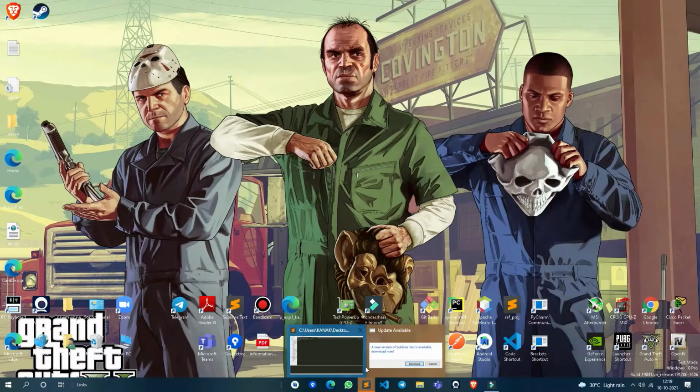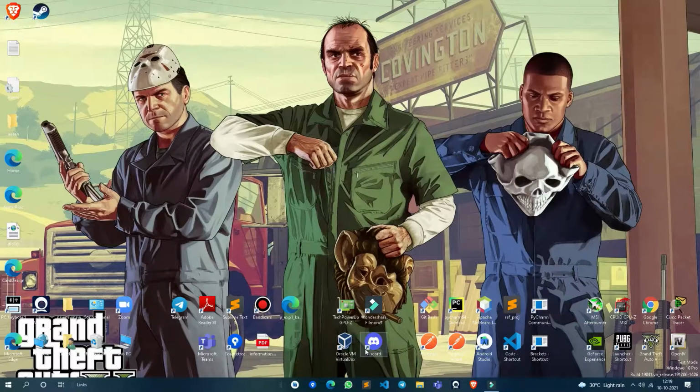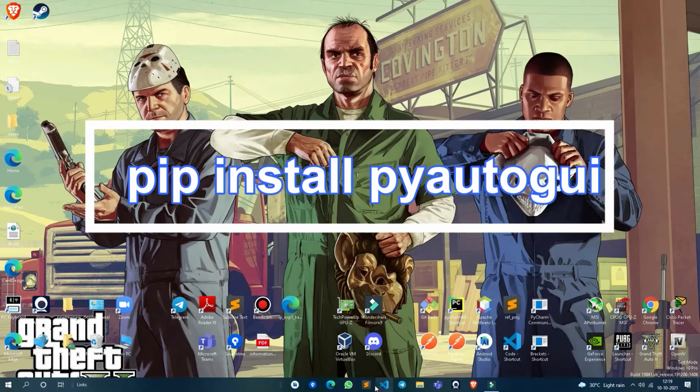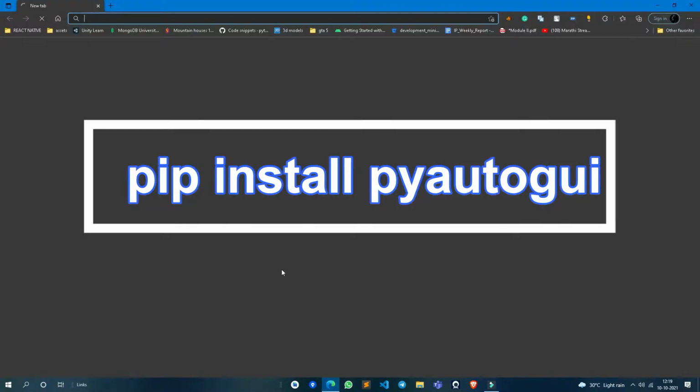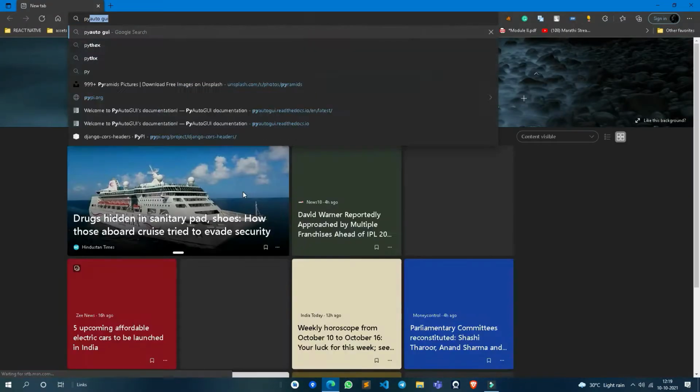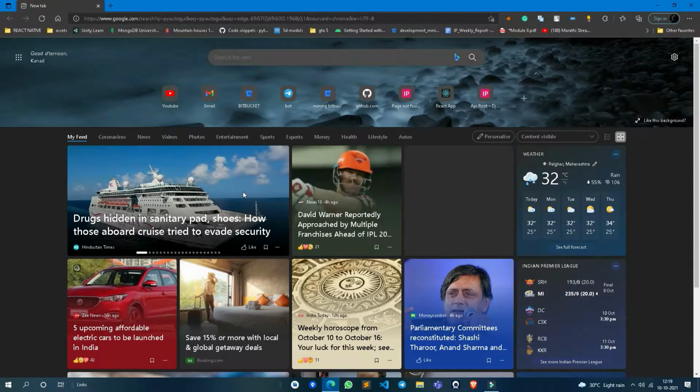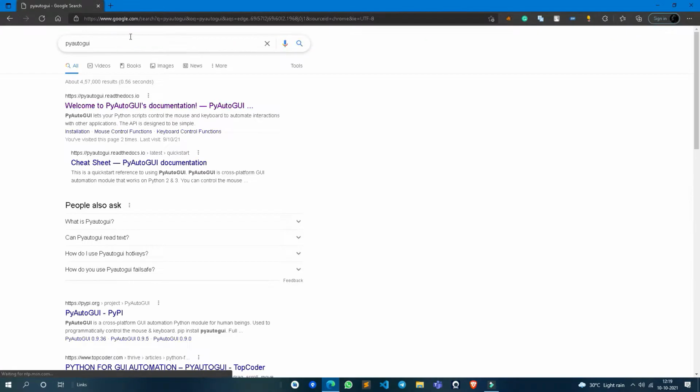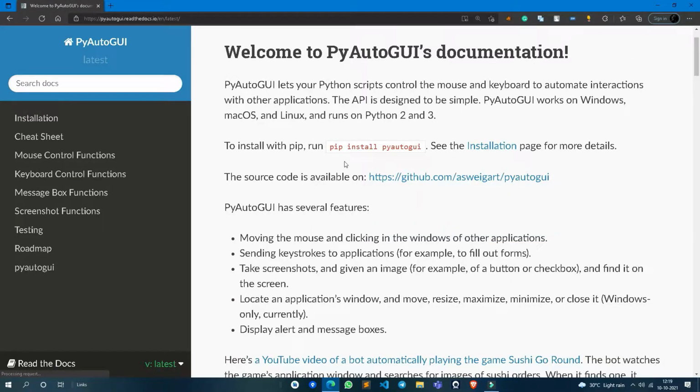So let's start. First of all, we want one dependency for this called PyAutoGUI. So go to your browser and search PyAutoGUI. I will provide the link in the description, don't worry. Then copy this command, pip install PyAutoGUI.